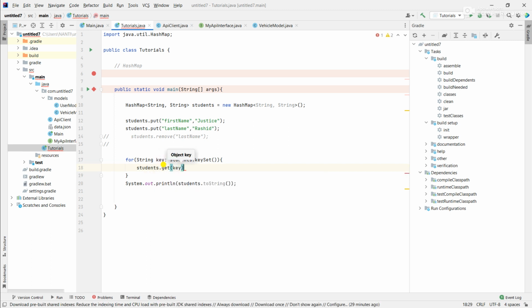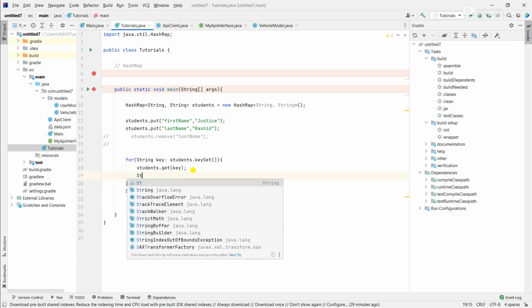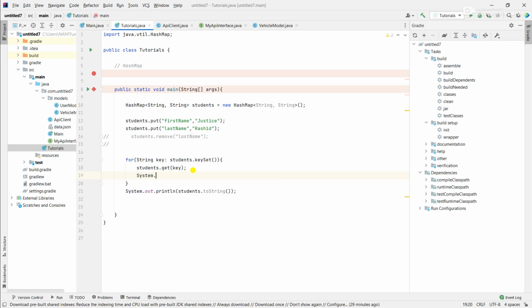Okay, so we need to print it out. So System dot out dot println. Let me put this inside here, then I'm going to comment this out. Okay, if we run it,